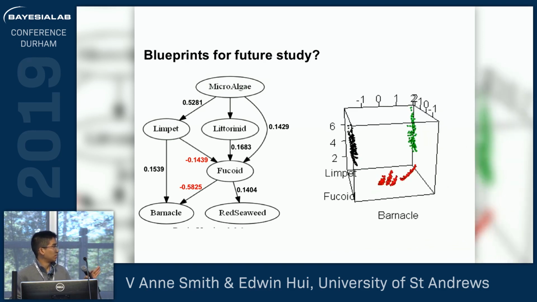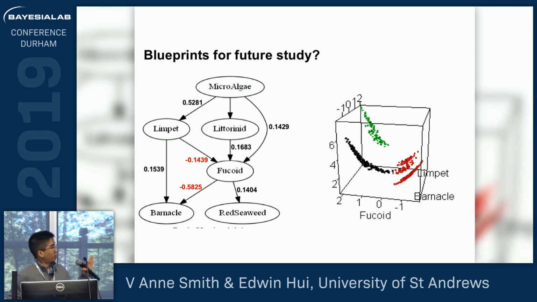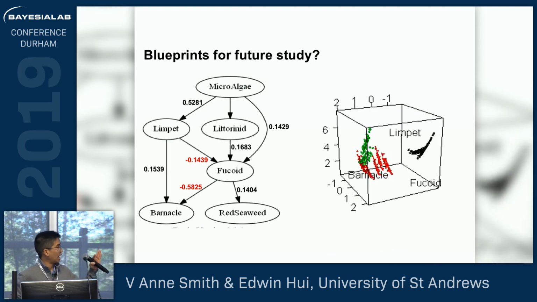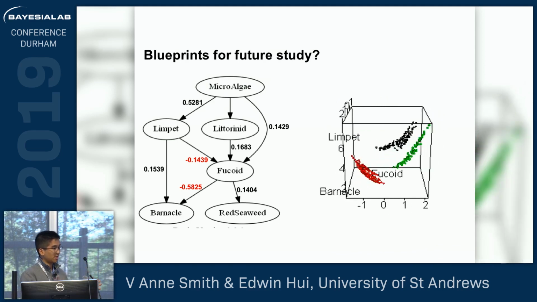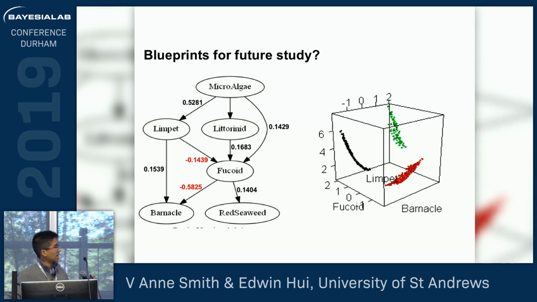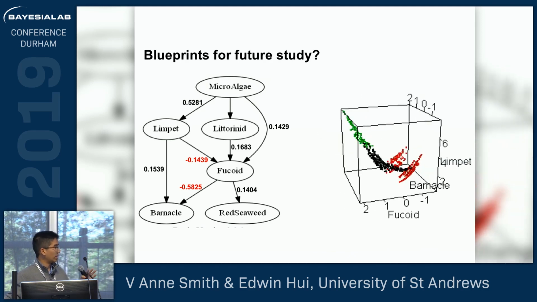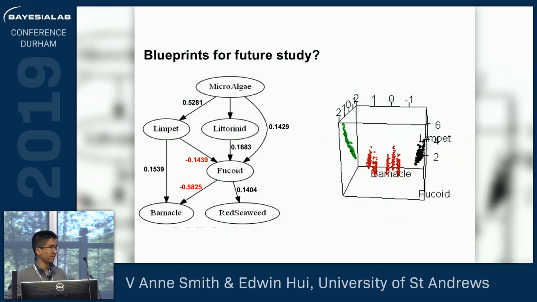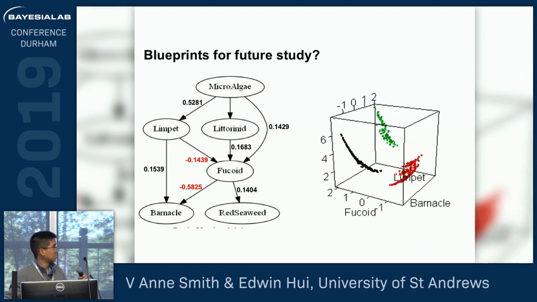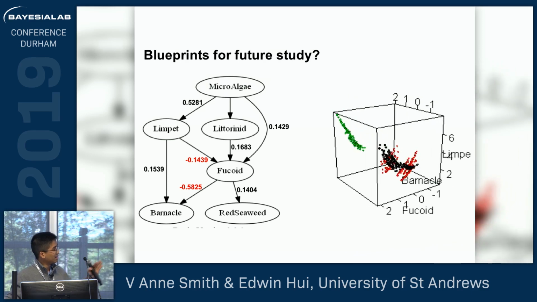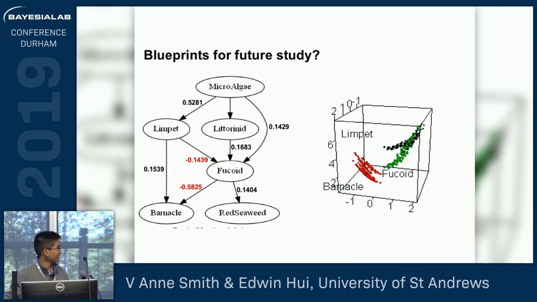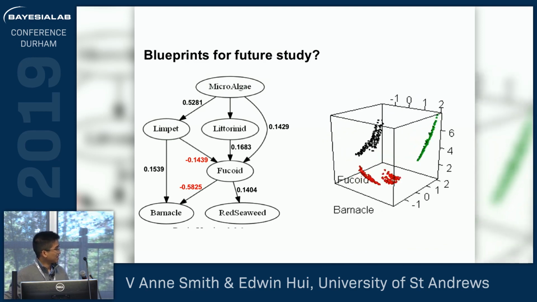So to me, it seems that for future study, it will be interesting to see what would happen if you were to remove fucoid and remove barnacle as two separate conditions and track it over, I would say, at least 3 months, and see how that changes. And we'd have to find ways to control for seasonal variation over time as well. So if anyone has suggestions as to how to do a dynamic Bayesian network, I welcome all advice, because I'm still pretty new to Bayesian networks as well.